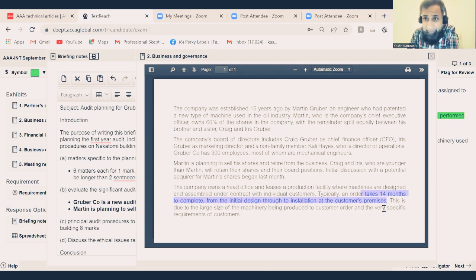Revenue recognition, is that something complex? Anything complex is also significant, right? Revenue recognition is a complex accounting standard. Anything which has complexity is also significant. Do you believe revenue recognition is a risky area? ISA 240 says it's an indicator of fraud. How can you say this is something routine? 14 months is very complex, right?